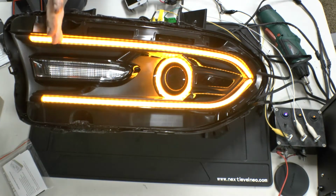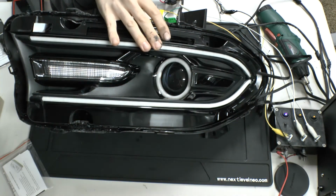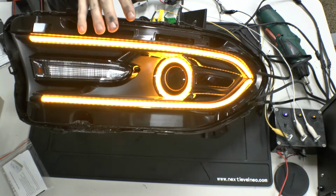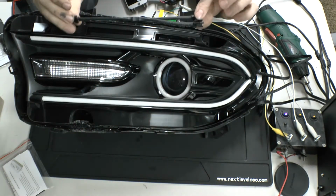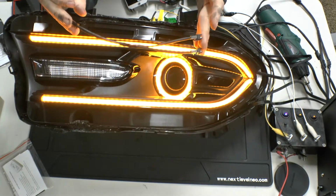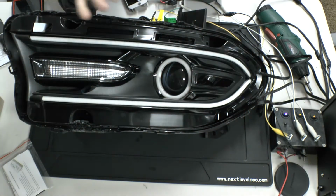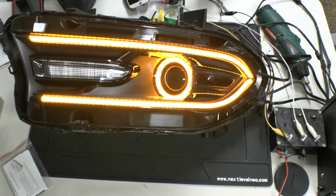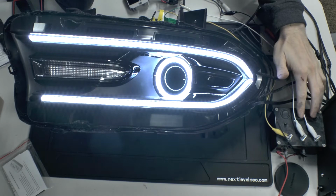Very simple. 3 wires coming out of the back in the event that you add the halo. If you don't have the halo, then it's just 2 coming out of each light. Our DIY DRL controller has 4 outputs, so all you have to do is just purchase. In addition, it's on the website, we have these splitters. I've added 1 pair of splitters, so I've got a splitter so that I can run all 3 outputs to one side, and then I'll run the other 3 for the other light on the other side. But this gives you an idea of what to expect,